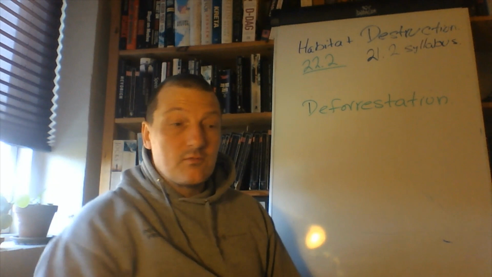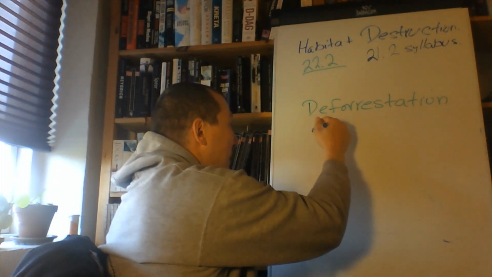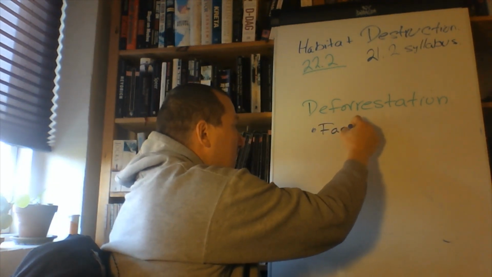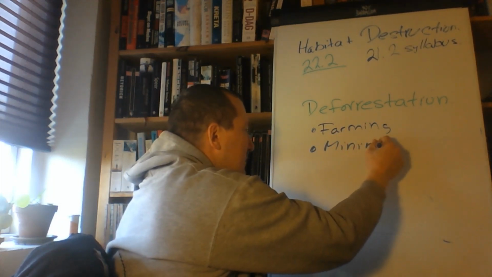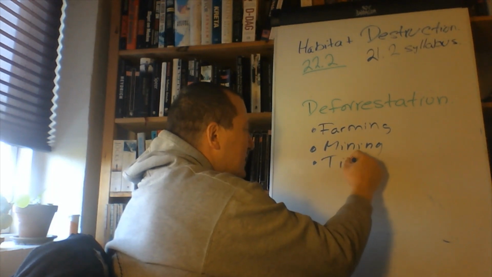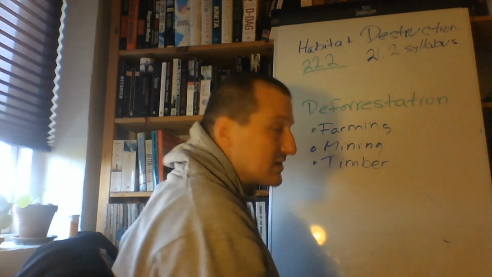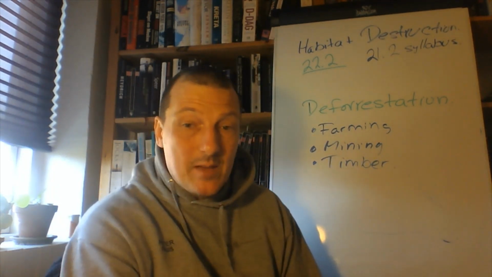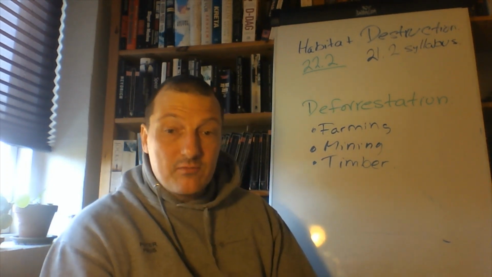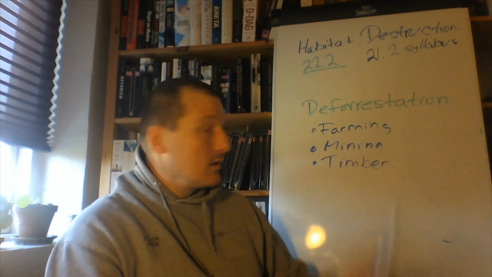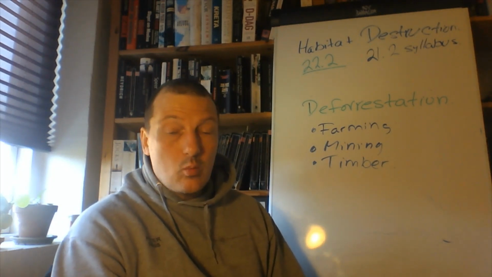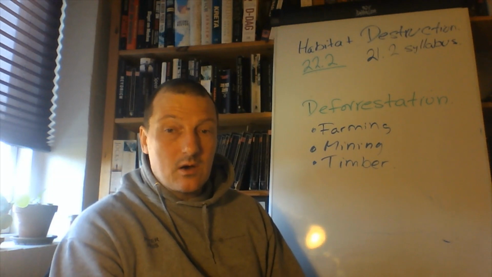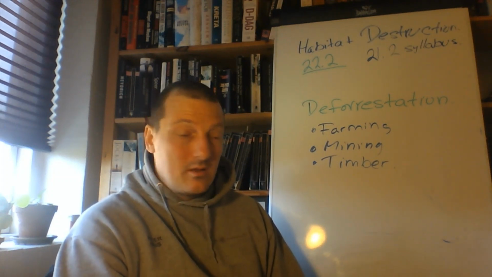And deforestation is simply cutting down the forest to have room for mainly farming, mining, and timber production. We see this happening in the Amazon, where the Amazon rainforest is being cut down to make room for farming. We see in Indonesia, in Borneo, where the original rainforest is being cut down to have palm oil